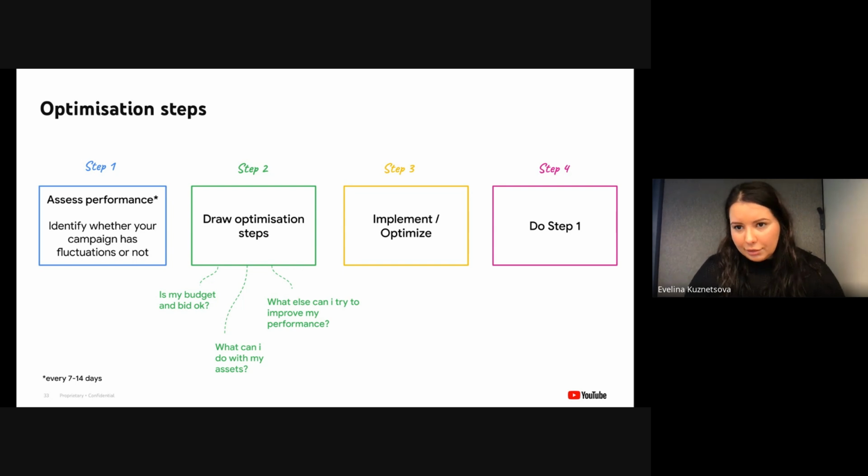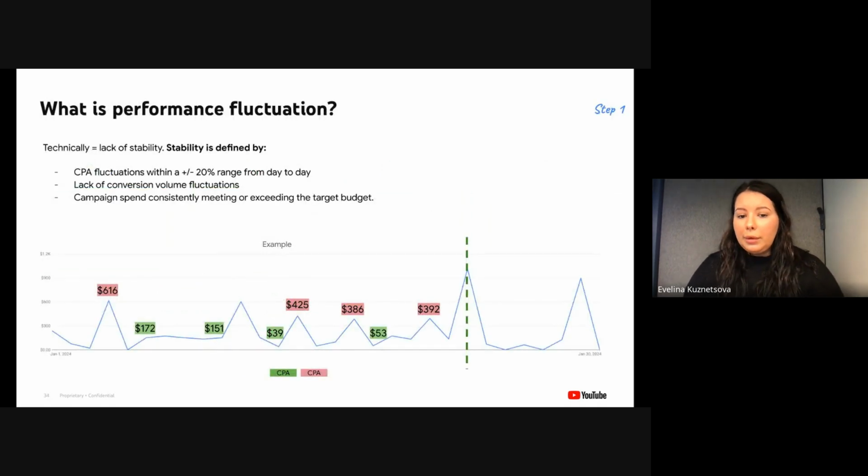And if it's necessary, if you feel like you're missing something, you're not very happy with what you're getting, you go back to step one to assess performance. So this is the basic framework that we recommend using when it comes to optimizing your Demand Gen campaign. We talked previously about performance fluctuation, and technically, performance fluctuation is a lack of stability